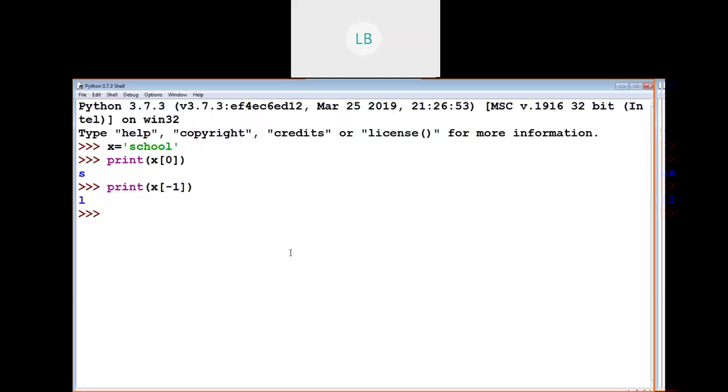X of minus 1 is nothing but L in this example. So the negative index starts from minus 1. It is assigned to the last character in the string.